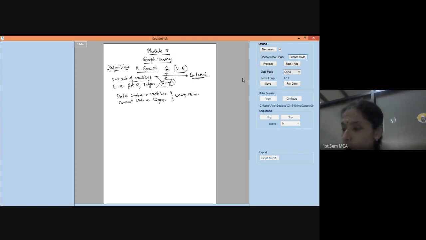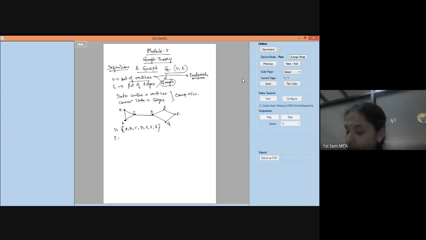Now let us see how we can pictorially represent a graph. Let me take some simple graph. These are the nodes, or vertices, and these are your edges. I'm just drawing a random graph, no particular example as such. I'll give names to all these vertices: A, B, C, D, E, F, G. These are nothing but your set of vertices. So our vertices form the set A, B, C, D, E, F, G.